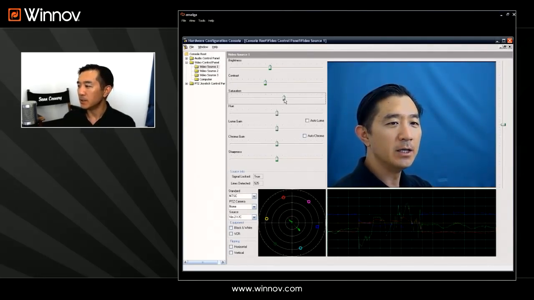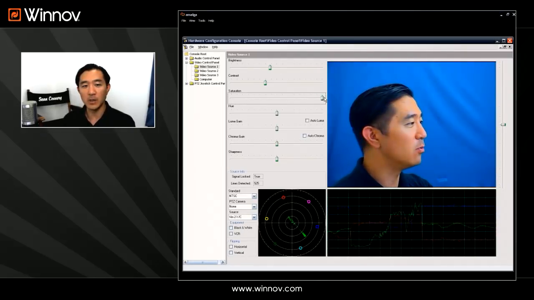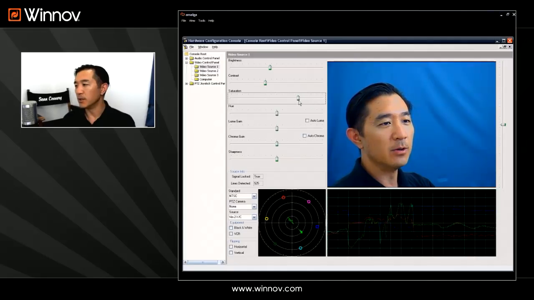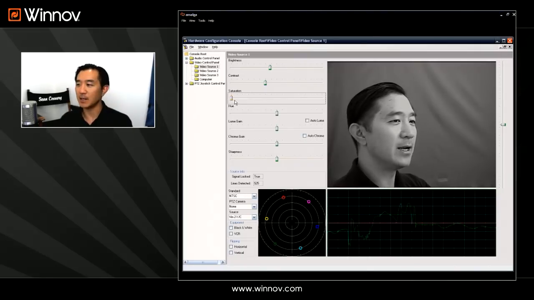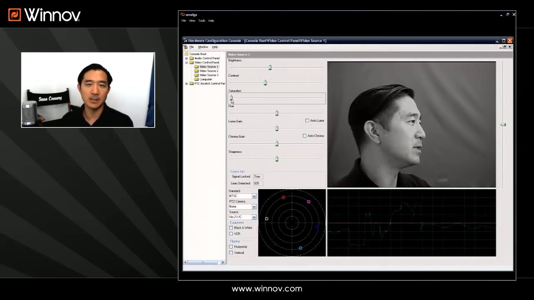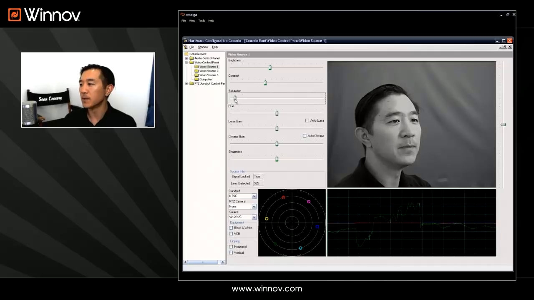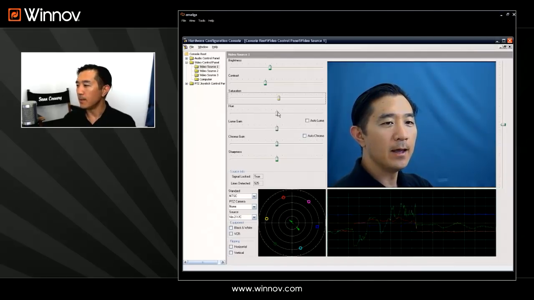Saturation, so this is the amount of color that we have in this image. I can increase the saturation of the color here. I can also overdo it just by going all the way to the end there. Going the other way, I can remove all the color information. So essentially we're desaturating that image of the color, and we get essentially black and white or a grayscale. But I think I'm going to actually go and increase the saturation just a tad here,